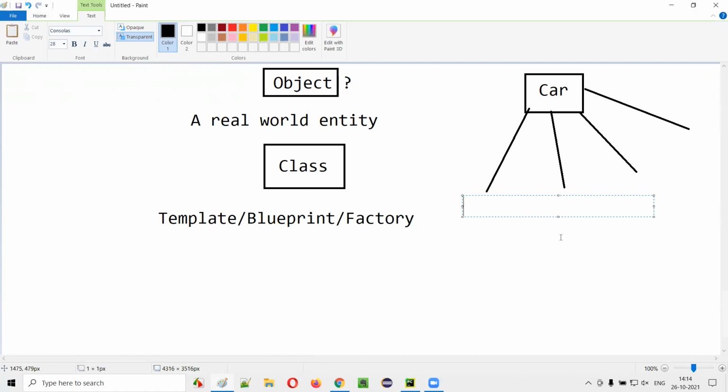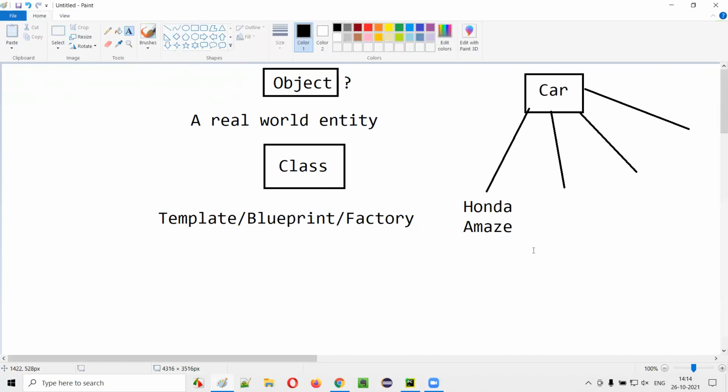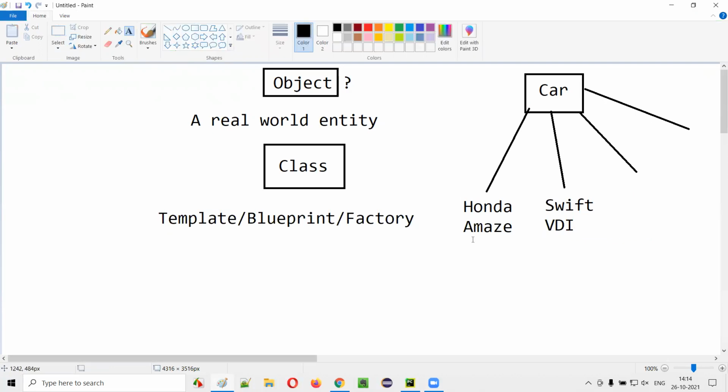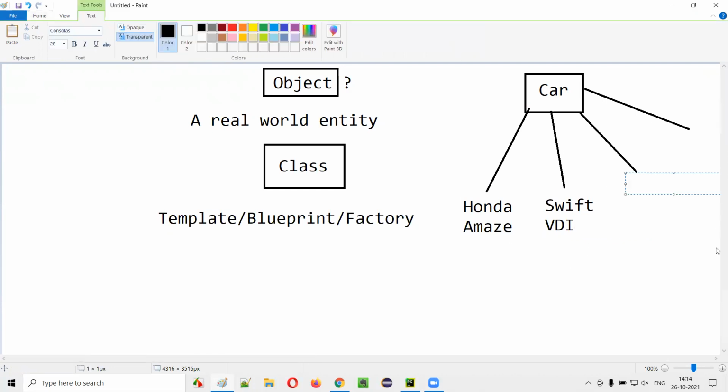For example, I want to represent a real world car like Honda Amaze in India, Swift VDI, another car model in India, Audi, some model X, then Mercedes Benz. Like this, any cars you can create, guys, any models, any cars.